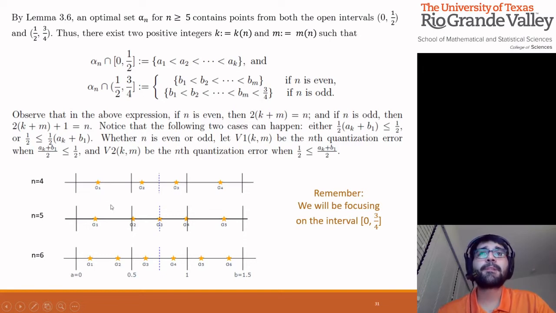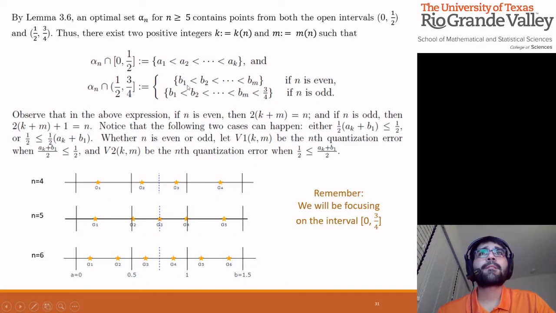So look at the picture here for n equals 6. This part right here means that A1 is right here, and A2 is greater than A1. But we don't have more quantizers in this interval. So in fact, AK will be A2. AK is the last quantizer in this interval. And right here, alphas of n, the intersection of the optimal set with the interval (1/2, 3/4),